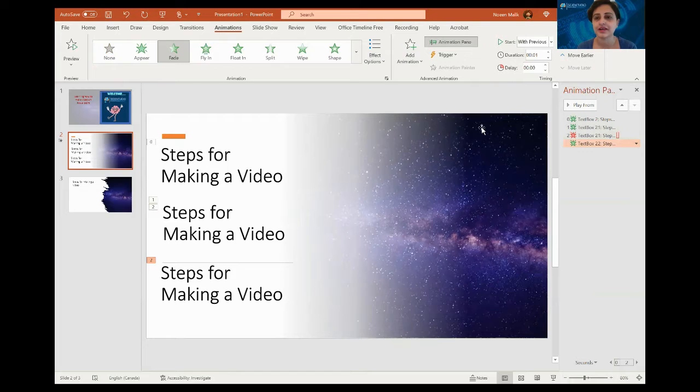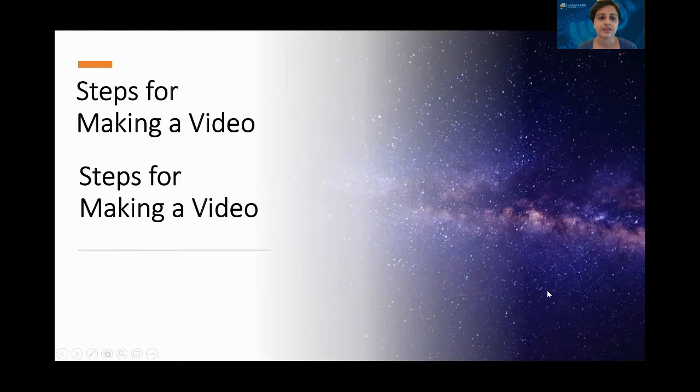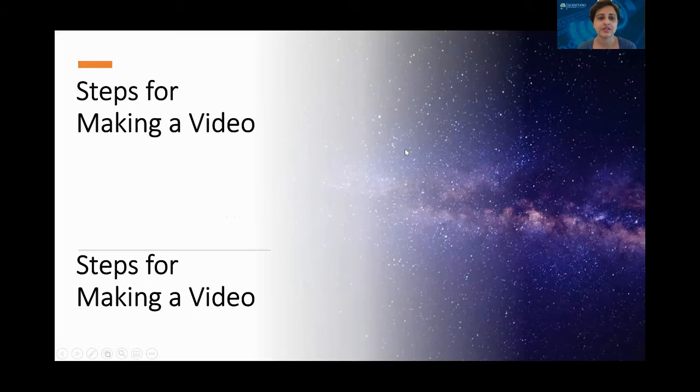So let's play this slide and see how it goes. Let's see the preview of this slide. It means that I have to move this. This is also going to be 2. This is disappearing, and this needs to be with previous. Okay, let's play it in the bigger mode. And let's see. So this comes, and now I want it to disappear, and the third point to come. So you see, the second one disappeared and the third one came up.